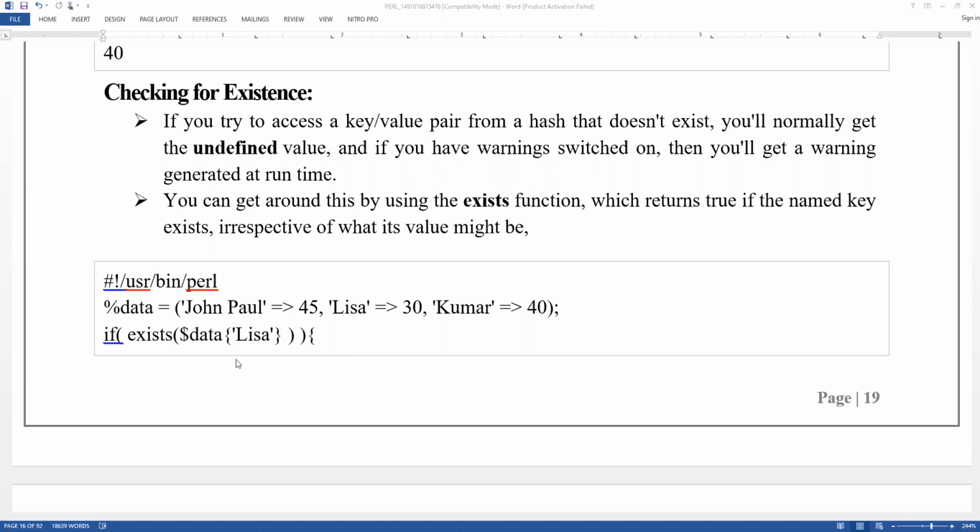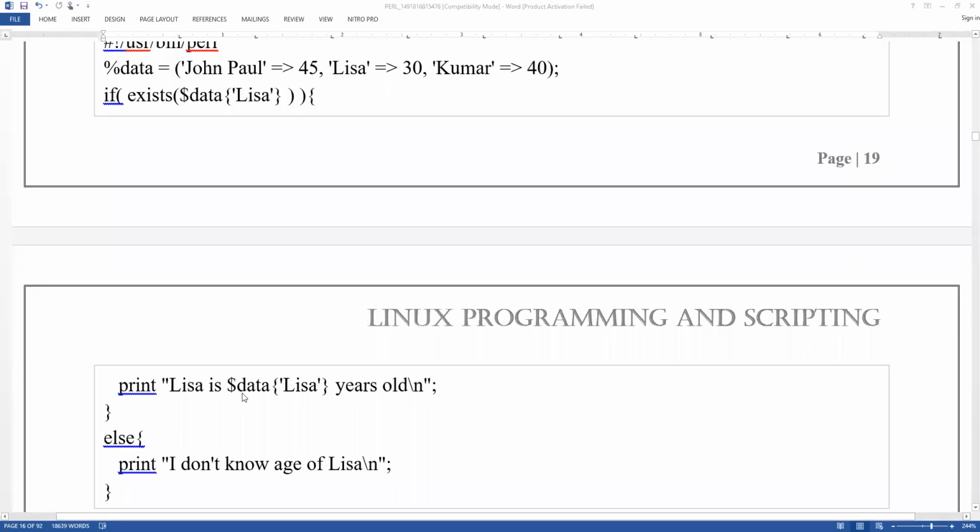If the if clause is satisfied, that is, if Lisa is present in the above hash, then print "Lisa is $data{Lisa} years old". What is the age of $data{Lisa}?